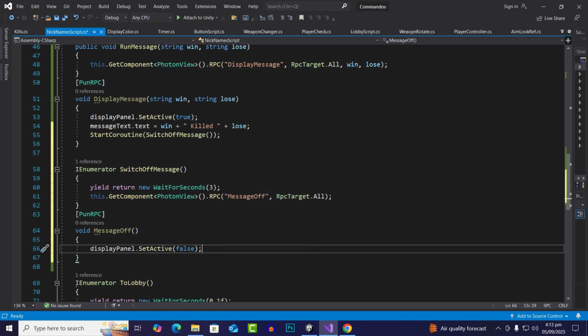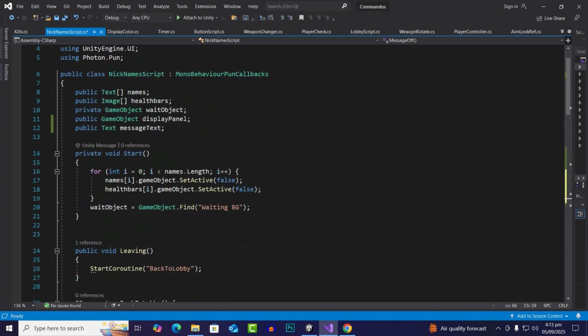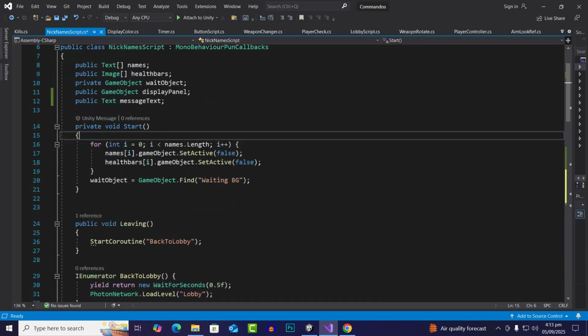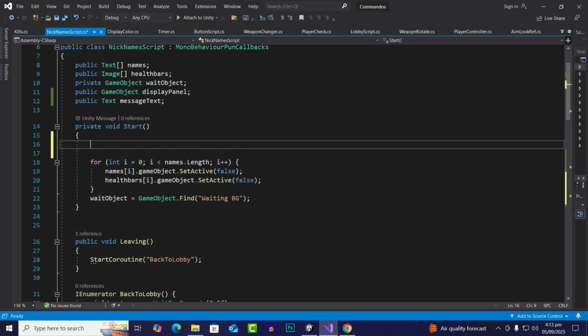And also in the start function, if we go to start function, we can actually initially make this displayPanel dot SetActive false again, so that it should be false again initially. Okay, and now we can actually go to the